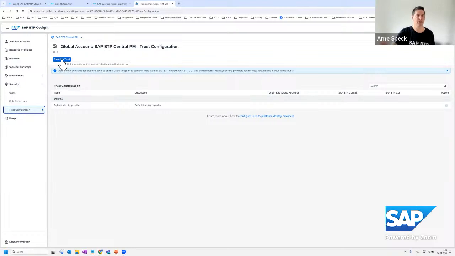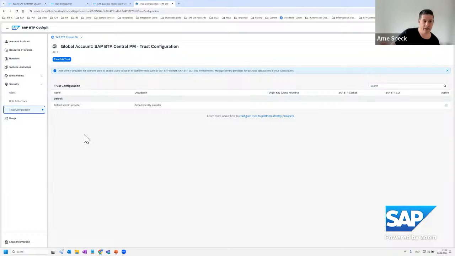So you can then create and add other identity authentication providers. This can be our SAP identity authentication service, also delivered from BTP,